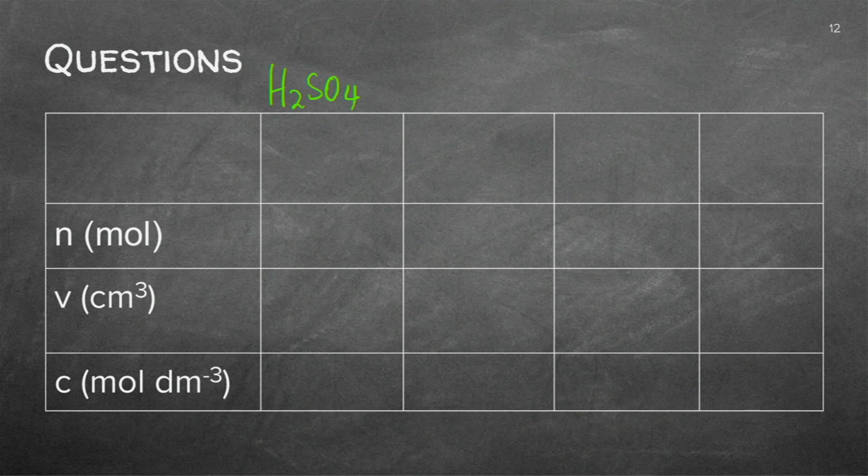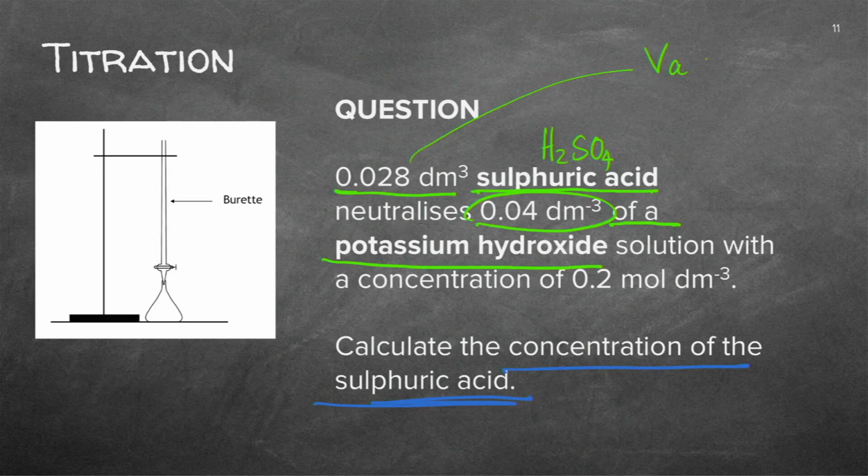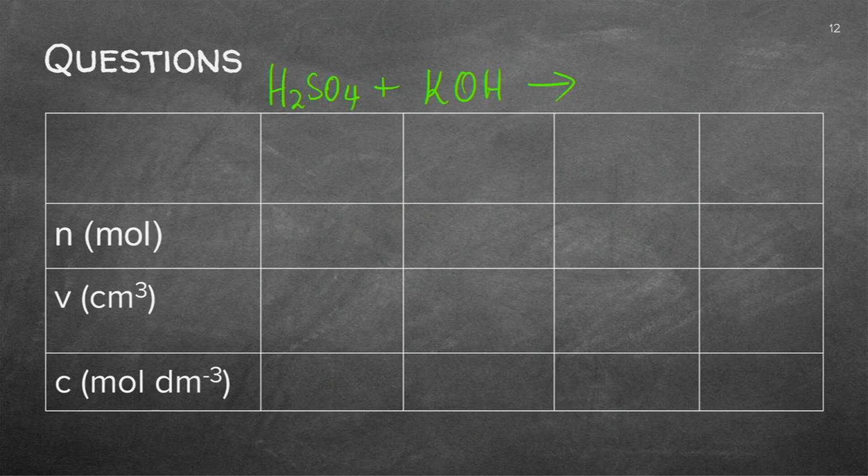So I first have to write down the equation. Now let's do that. What will form if I've got, just have a look again, I've got potassium hydroxide and I've got sulfuric acid. So I wrote that down. It's going to form water, we know. That will be potassium sulfate. And you know potassium looks like that, and sulfate looks like that. Therefore, 2 of these with that charge there. So that's the formula.